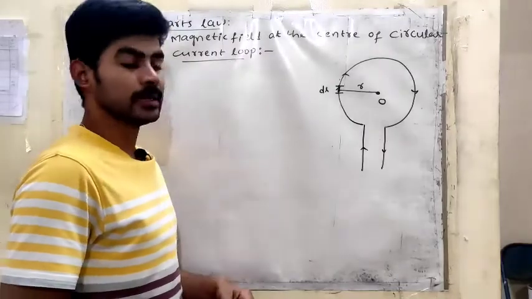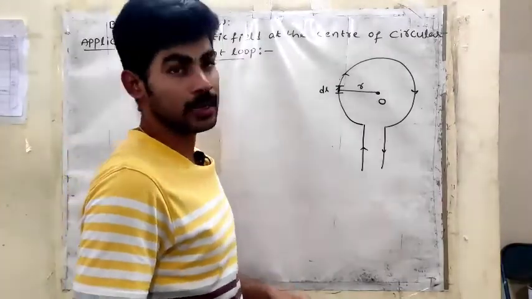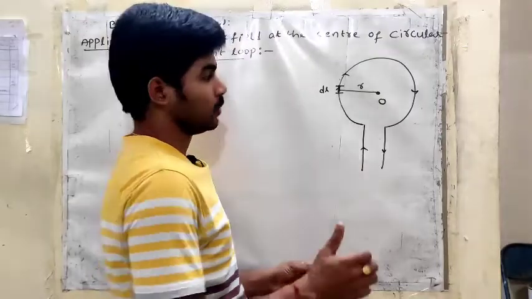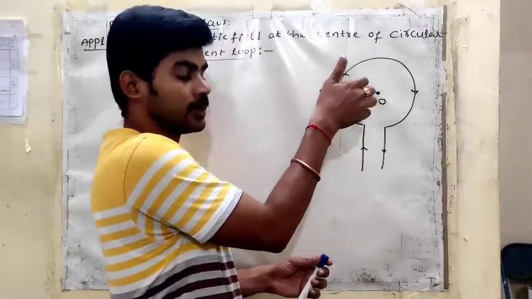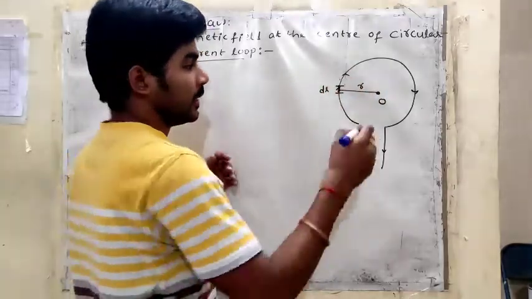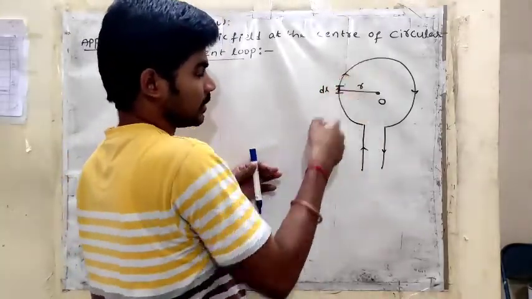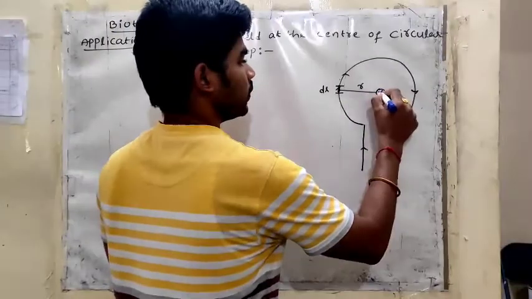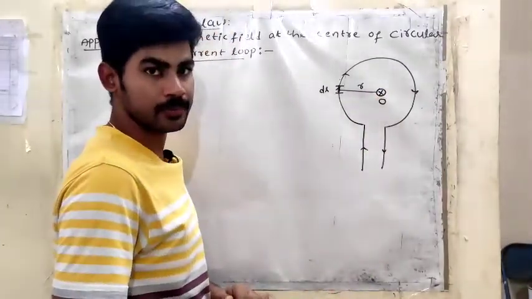How can we tell whether this magnetic field is inside or outside? I am using the right hand thumb rule. The side in which the current is flowing, we keep the fingers in that direction. These four fingers give the magnetic field direction. At the exact center, this is showing inside only. So that's why this is the magnetic field directed into the plane.